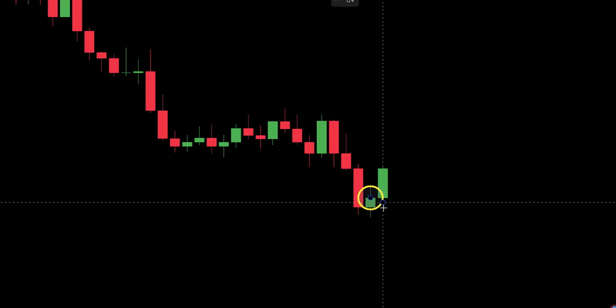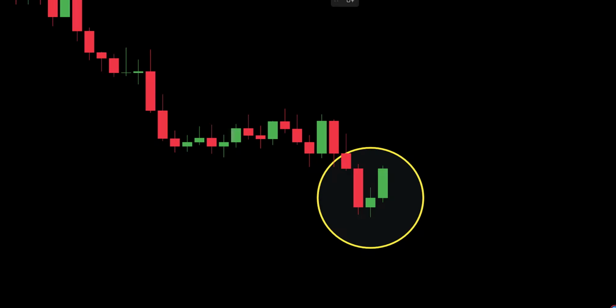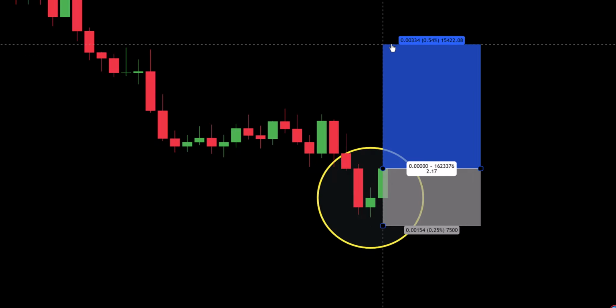Instead of trading off random shapes, traders should learn to use patterns with precision in real trading setups, backed by